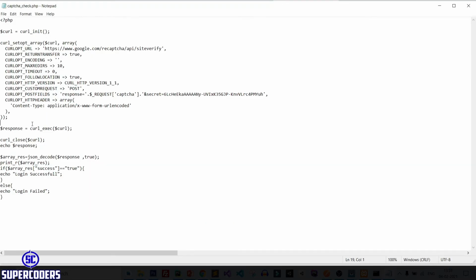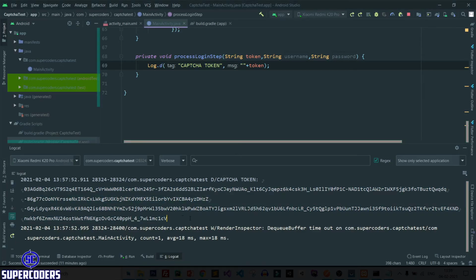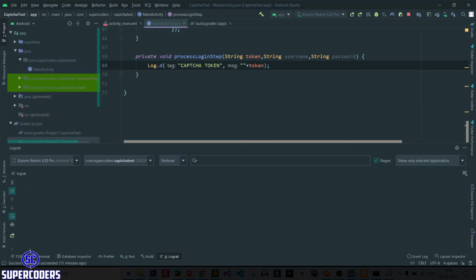And after that, let's remove this call code. So remove response, remove print_r, and save this page. Let's try to log in one more time. So let's check again.